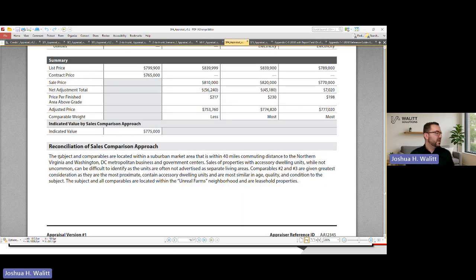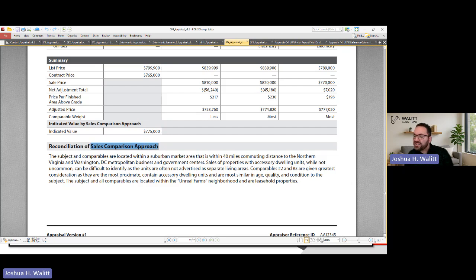Those are not required. This is where you explain what's going on with your sales comparison approach. So that's where you would explain concession adjustments. It's where you would explain your other adjustments as well. There's not a field for explaining GLA adjustment, above grade adjustment, below grade adjustment, view adjustment. There's not separate commentary sections. There's a commentary section for the sales comparison approach. So I hope that's clear.